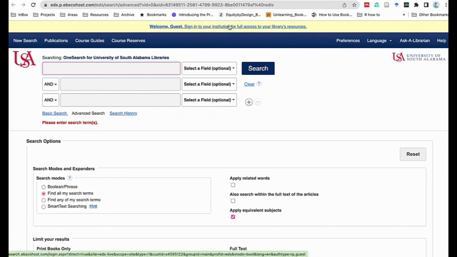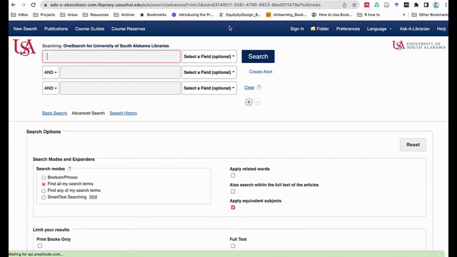If you are off campus, you'll have to log into the library's databases using your JAGNet credentials. Once you've signed into the EBSCOhost platform, you see this blue menu bar at the top, and there's a button that says Folders. To get to your folders account, or to create a folders account, click on Sign In,